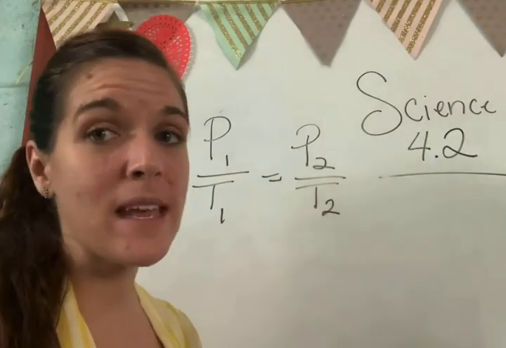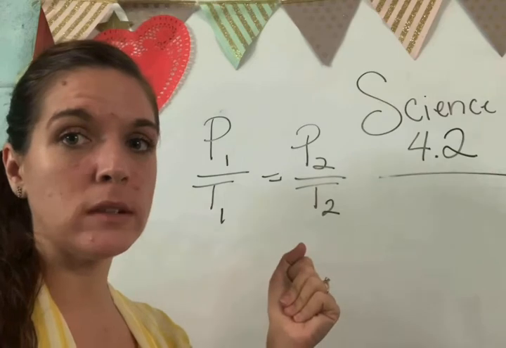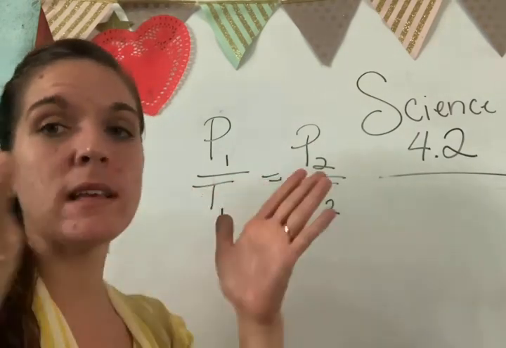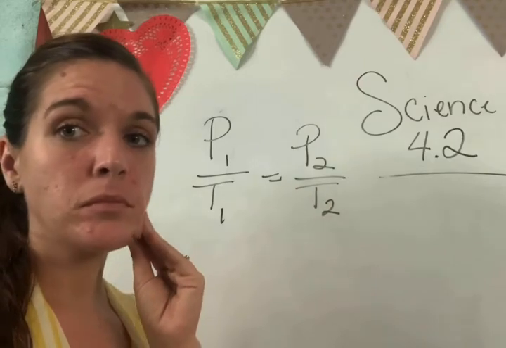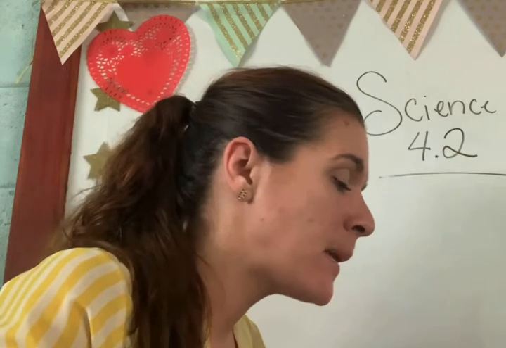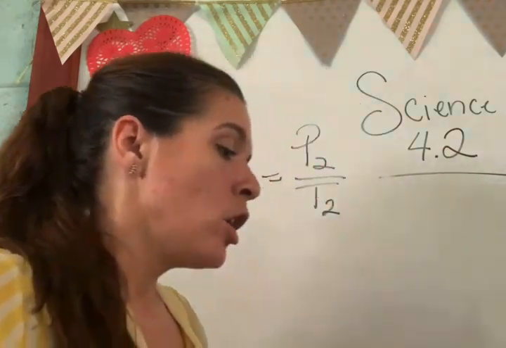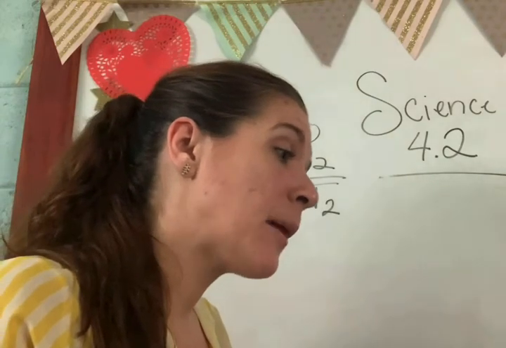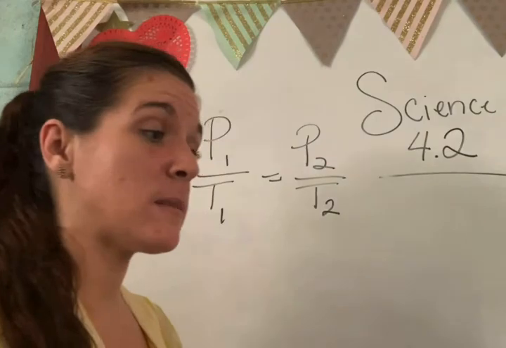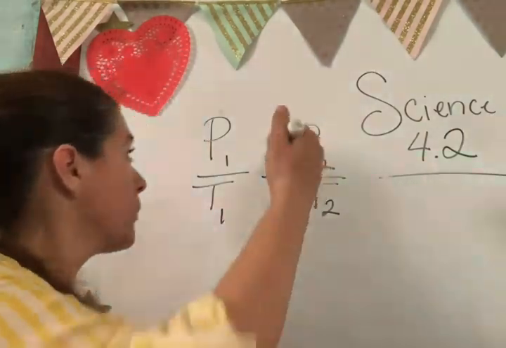Well, we learned that at the beginning with the kinetic theory of matter, that as we heat up molecules, right, they're going to be bouncing more with each other, okay, and that could cause more pressure. So as pressure goes up, temperature has to go up as well. Okay, so look at example 4.5, and it also must be in Kelvin. A 2-liter gas sample,